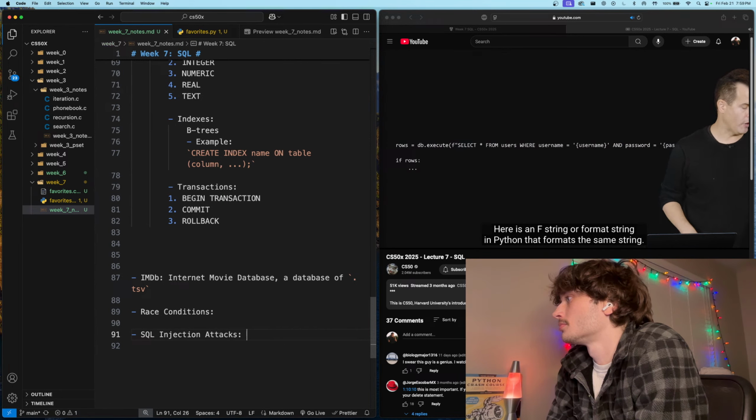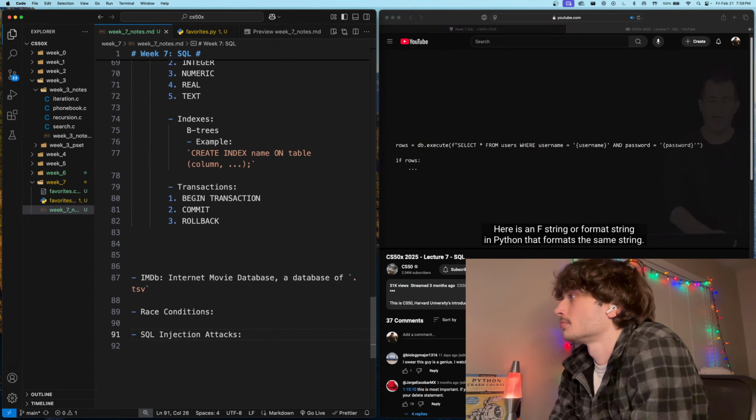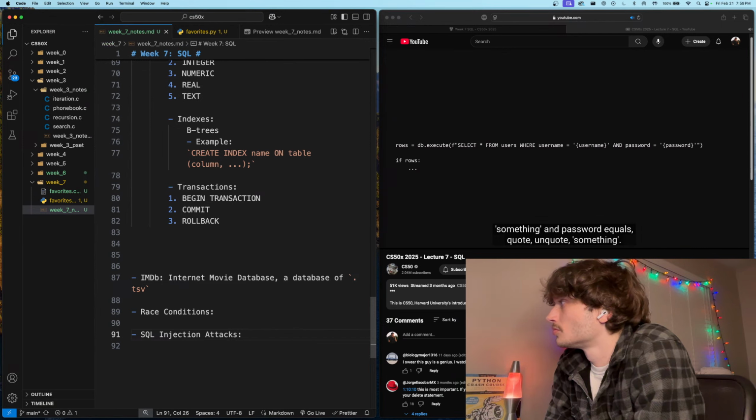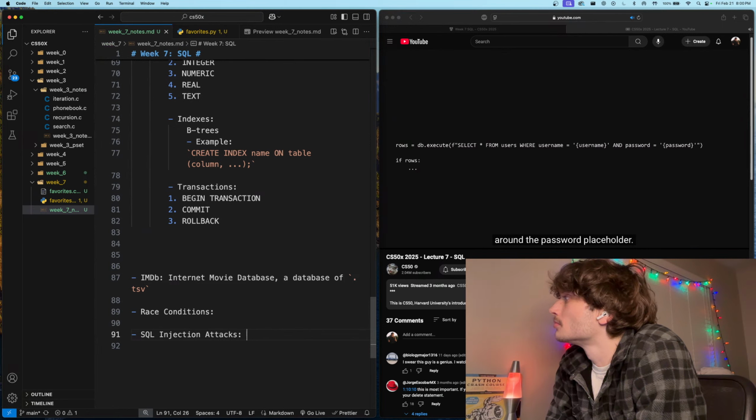Here is an F string or format string in Python that formats the same string. Select star from users where username equals quote unquote something and password equals quote unquote something. This is why we don't use format strings for SQL, because this demonstrates a SQL injection attack. Notice that whoever wrote this code, at Harvard presumably, put single quotes around the username placeholder and single quotes around the password placeholder. But what if I, a malicious student,